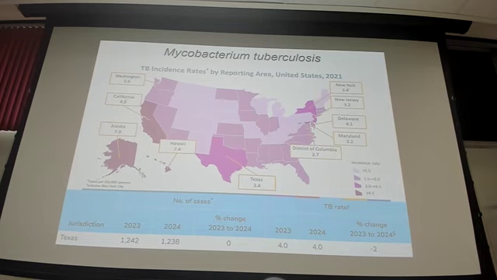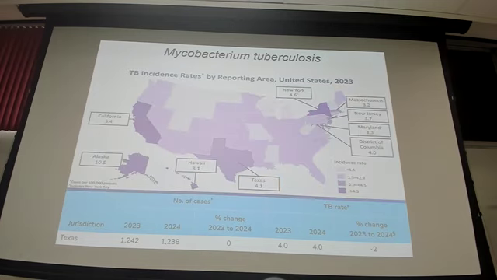Let's see, New York's got 3.4, high immigrant population there. Then if we move ahead to more recent data, I just pulled this, the most recent data we have for 2023. You can see there's been a little bit of shift. Now Alaska's even higher at 10.5 cases per 100,000. So that is a huge increase for that particular state.